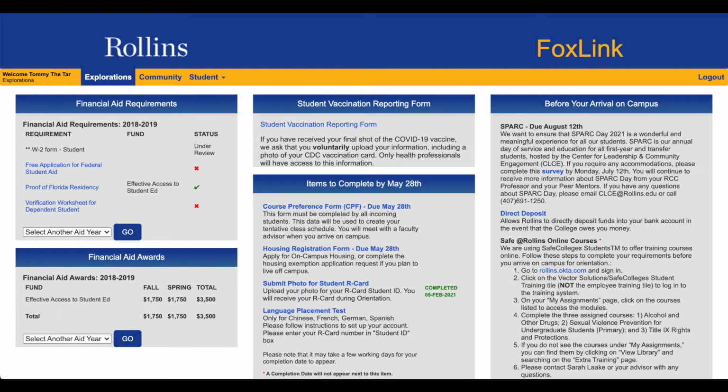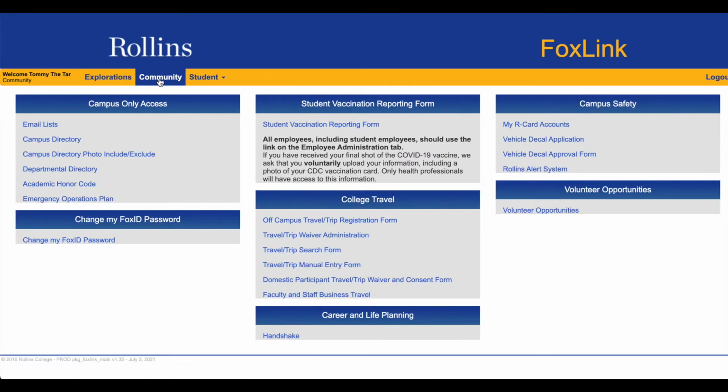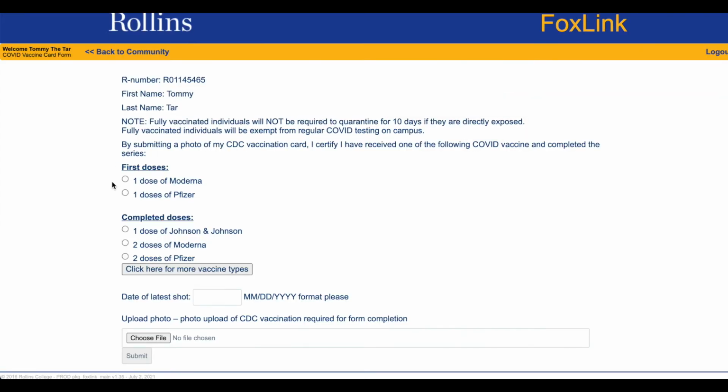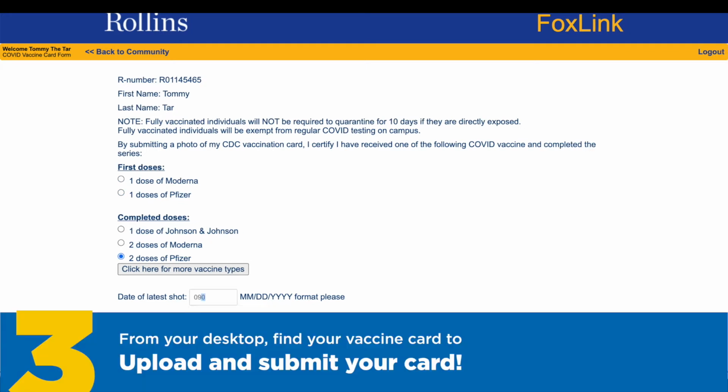Once you're there, on the Community tab, you'll see the Student Vaccination Reporting form. Click on that form and select the appropriate vaccination information for your experience. Be sure to enter the date of your final shot using the format shown on the right,